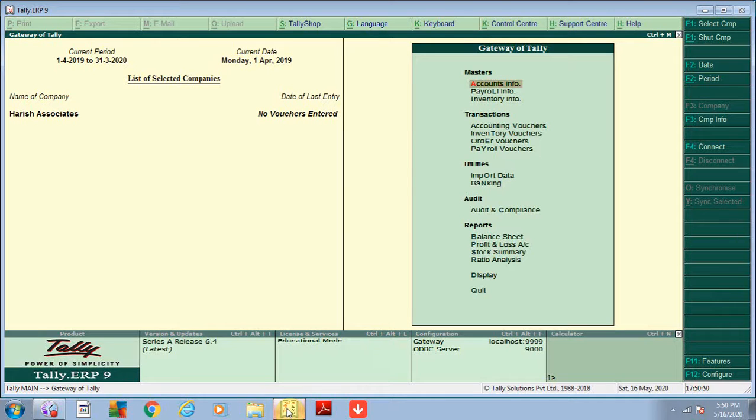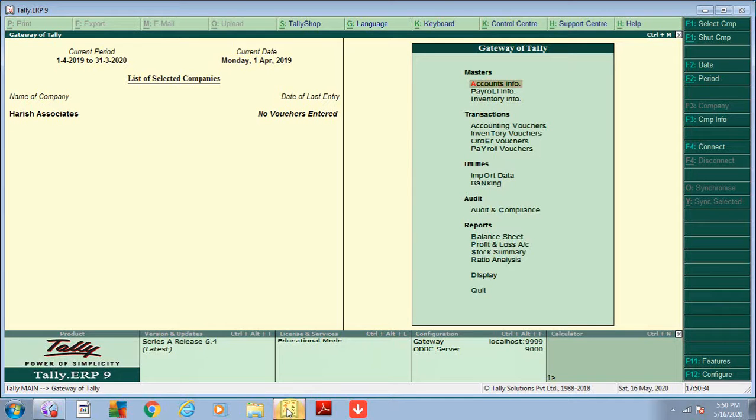Today we will learn in Tally how to create a stock item with the description and remark, how to set the part number of any stock item, and how to set a specific GST rate as per any other stock item. So in this video we are going to start with how to create the stock item.